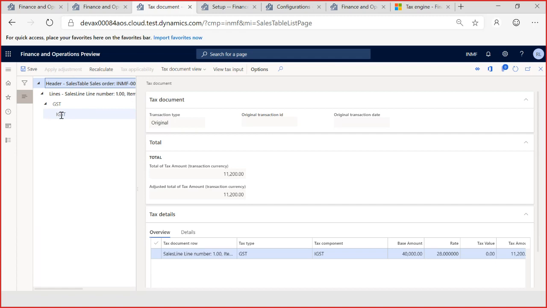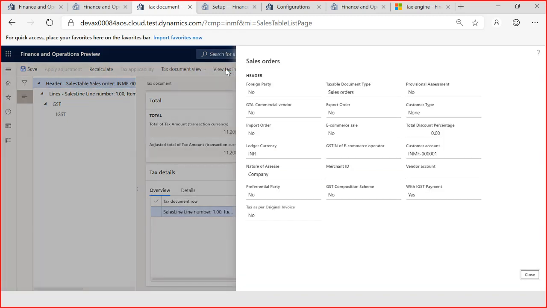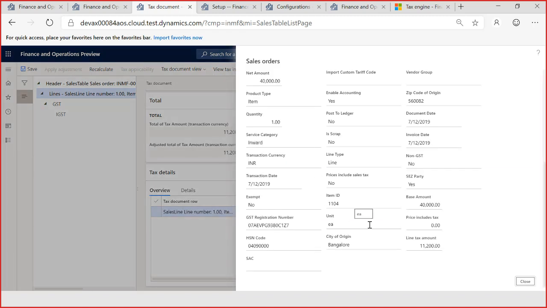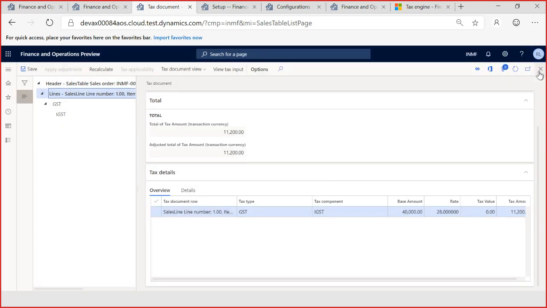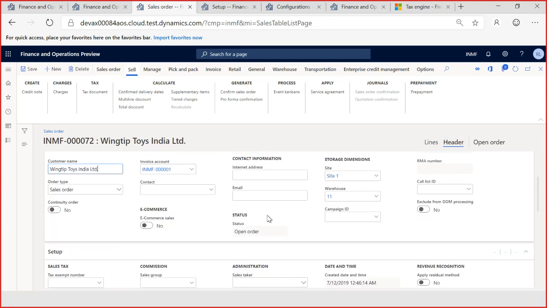You notice that IGST is applicable, right? And if you check the view in tax input, you will notice that it's with IGST payment. And at the line level, we can check the SEJ party is yes. So let's do one test. I go to the header